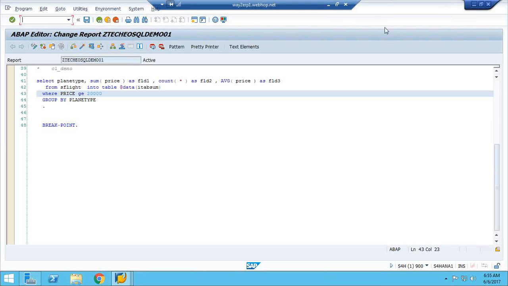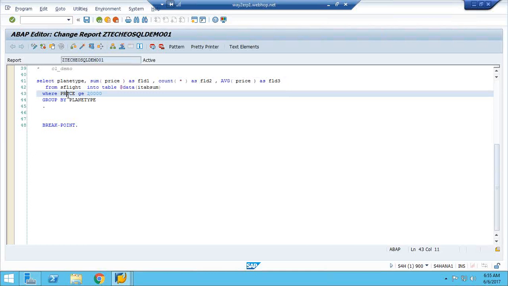Yes, because they're not having any price field. I mean, you have field 1 and field 2. No, I have, right? Okay. I'm just trying to know why that did not fetch any entries.